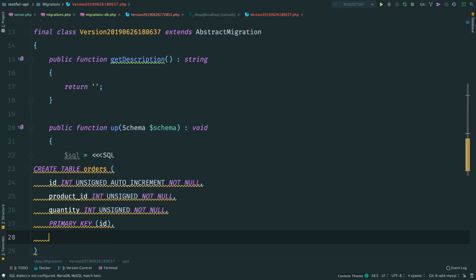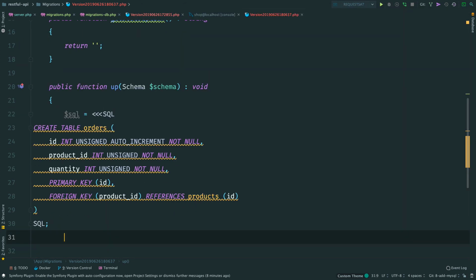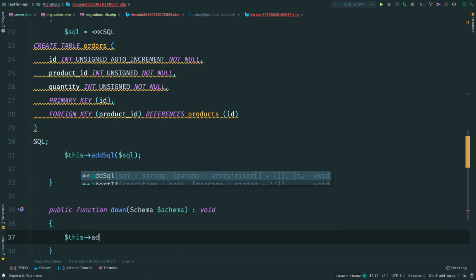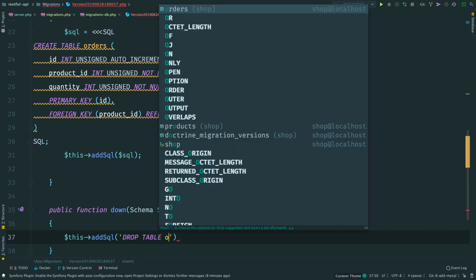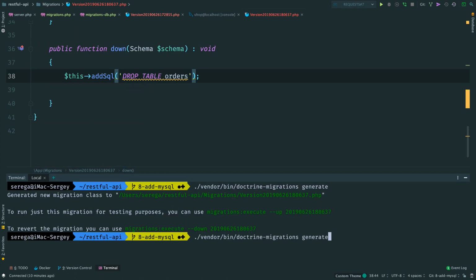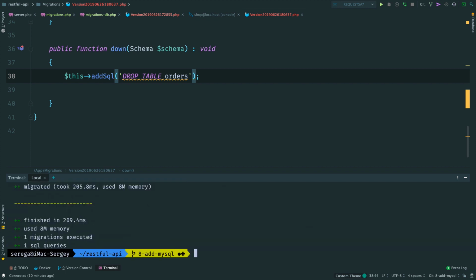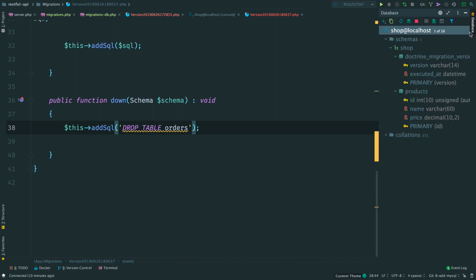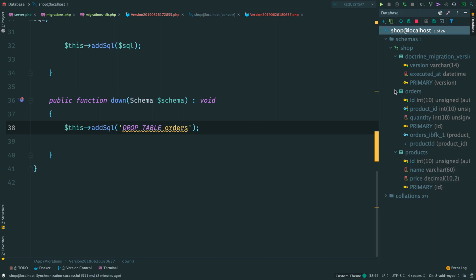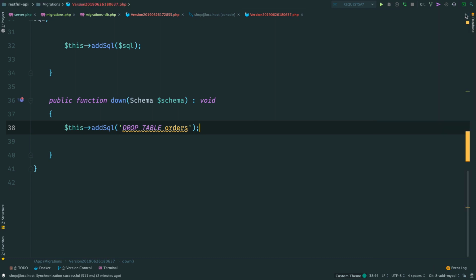ID column is a primary key, and product ID is a foreign key that references the products table. In method down, we drop the table. Done. Again, run doctrine-migrations migrate to apply these changes. Okay, refresh the view. Here are our tables: migrations, products, and orders. The schema is ready.